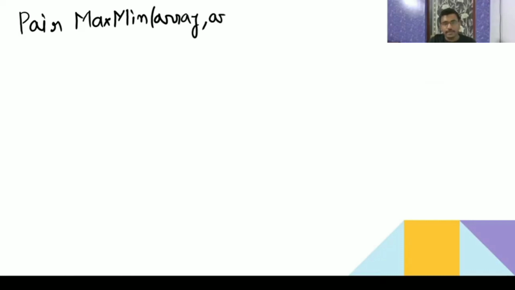Write pair, named pair min max, taking the array. Here I will give you the array and the array size.